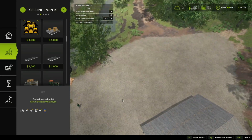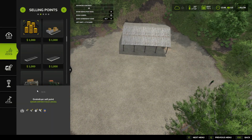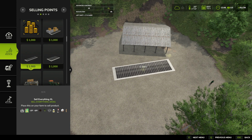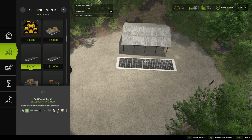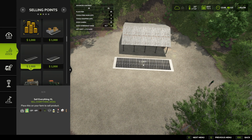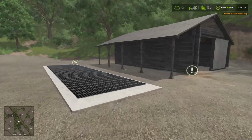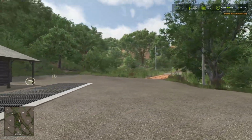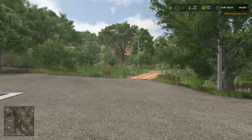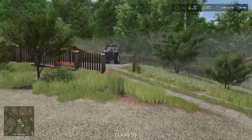So let's zoom in a bit and turn around. Let's try this out. And there we go. That should be good if that works. I should change the trigger size, I hope. Okay, thank you for that idea. It's a good idea. I like it. We'll try it. I mean, hopefully it works, but...